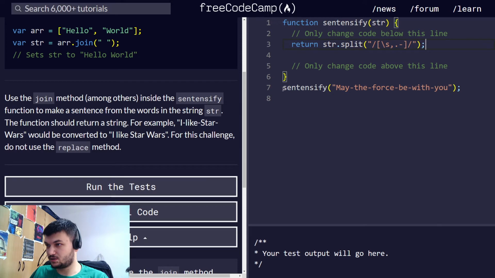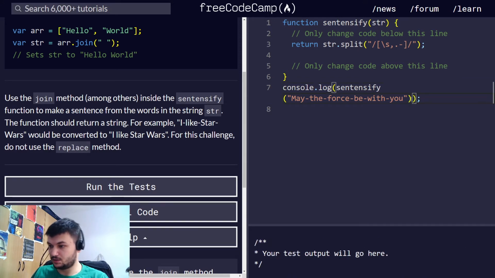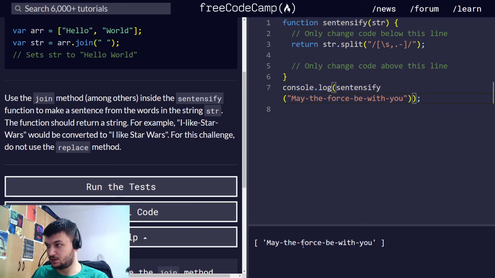Let's just console log everything so we see where we are. So dot log, and okay, this one didn't work. Oh wait,